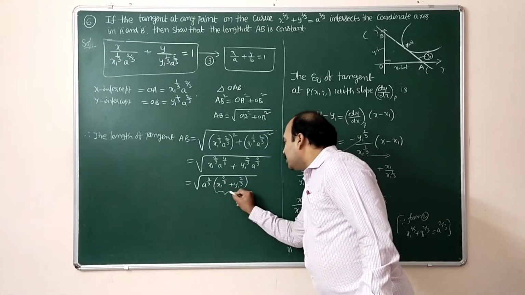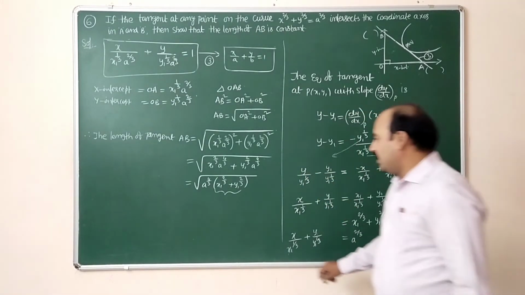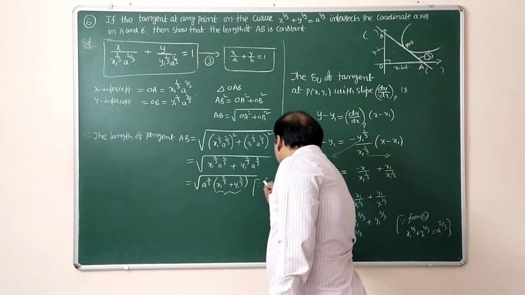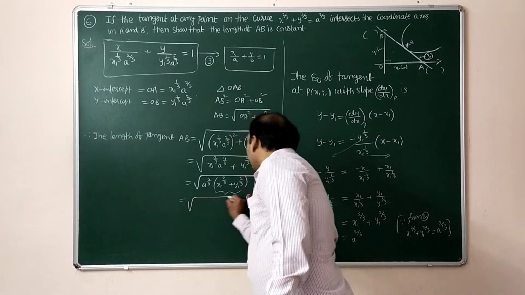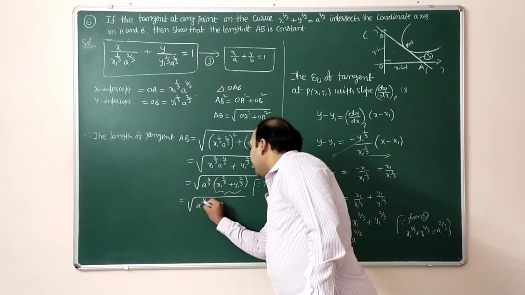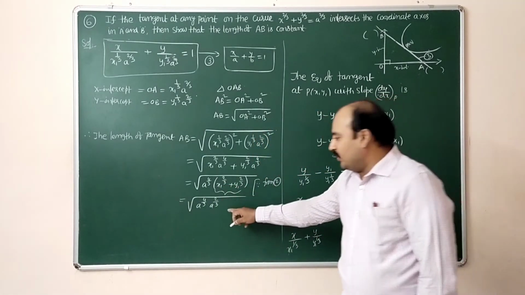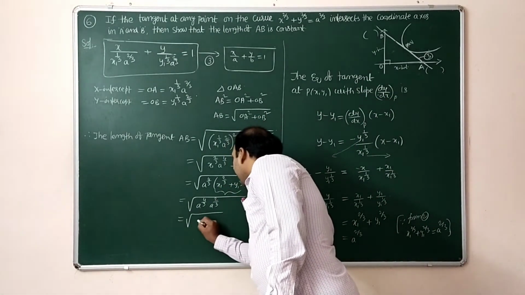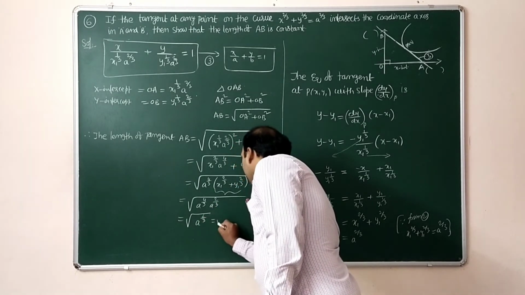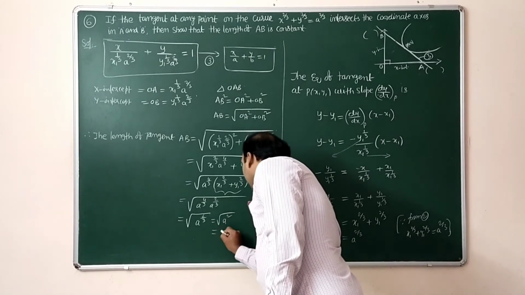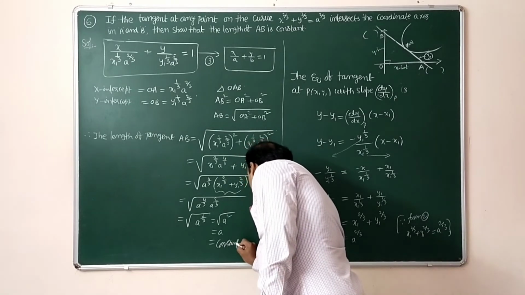Again, from equation 2, we have the value x1 power 2 by 3 plus y1 power 2 by 3 is a power 2 by 3. So a power 4 by 3 into a power 2 by 3. The bracket value will be a power 2 by 3. Bases are equal, so powers are added. A power 4 by 3 plus 2 by 3 is 6 by 3, which is equal to root a square. Root a square means what? A constant. That is what they are asking to prove now.